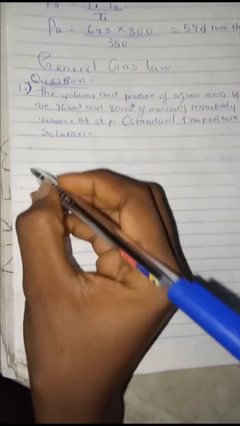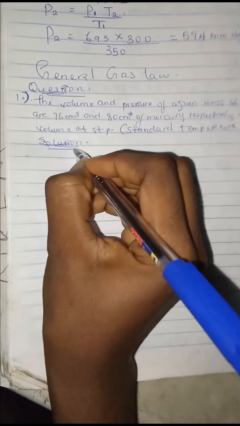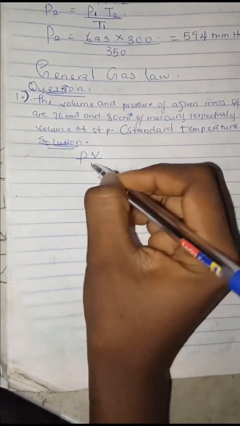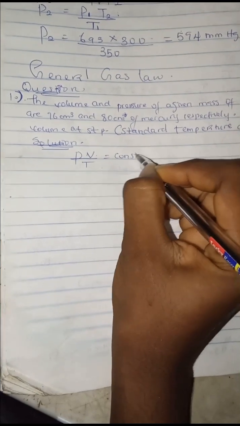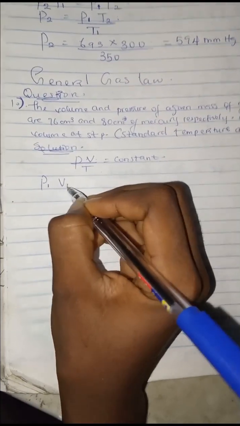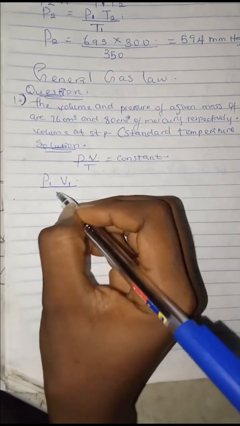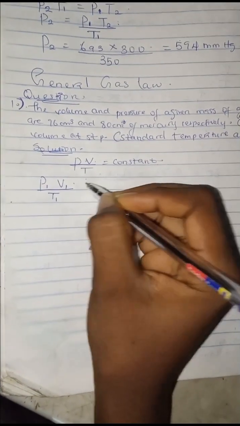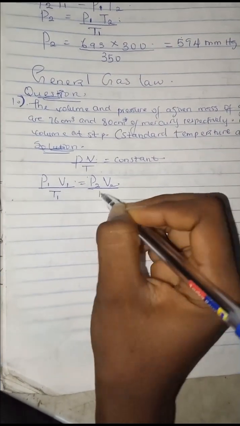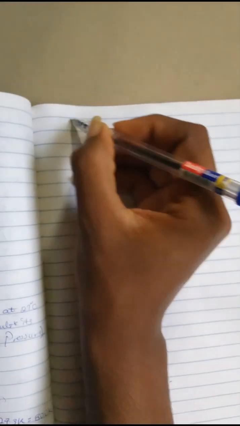Solution. So our formula for general gas laws is PV all over T equals constant. So that is our initial pressure multiplied by our initial volume all over our initial temperature equals our final pressure, final volume all over our final temperature. So our parameters, moving on, our V2